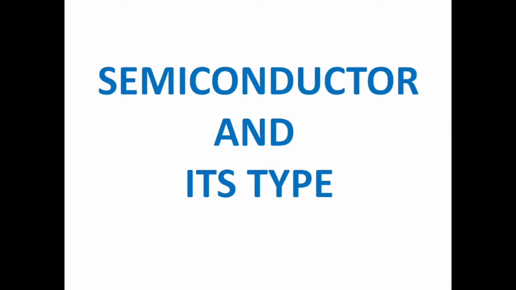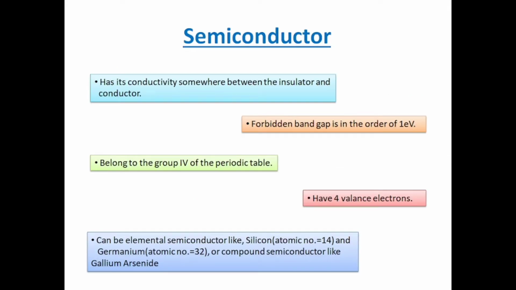Today's video is about semiconductors and their types, and it is one of the most basic and important topics from our electronic science. So let us first know about some of the properties of semiconductors. Their conductivity lies between insulator and conductor. We know an insulator is a material which shows no conductivity. It is completely devoid of free carriers, and a conductor is something which shows a large amount of conductivity, like in the case